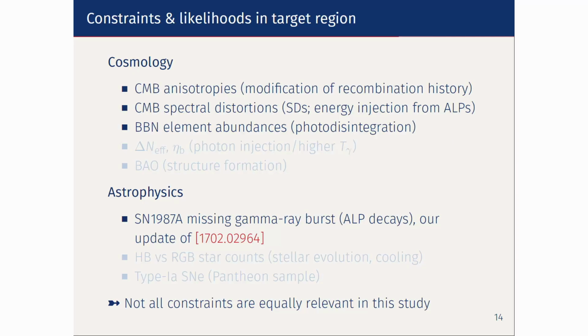And of course, we could have neglected some of these likelihoods from the beginning, as they only marginally affect the results, and that would have simplified some of our calculations. But the logic of global fits is that maybe we've missed something, we didn't think about something, and since it's not really computationally much more expensive to also include the effects of delta N effective and some structure formation constraints, we just included them.